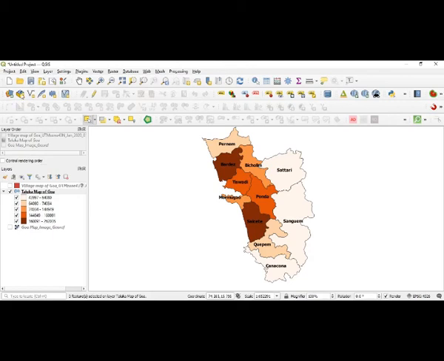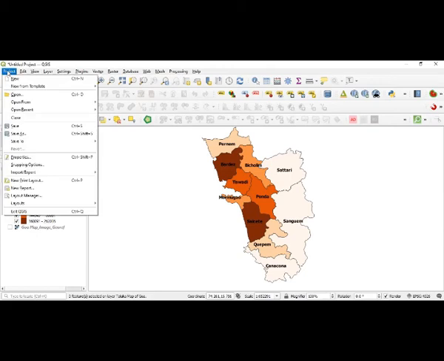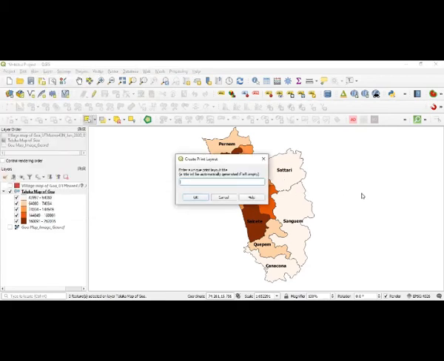Here you have to again go to the project now. Now I will convert this one into a map with some of the designs. I will go from the project to the new print layout. This new print layout is going to give you the layout for this map in such a way that you can take a printout of it. So I will go for this one and give it the name Goa total population dot pop. I will give some shortcut here and take it.